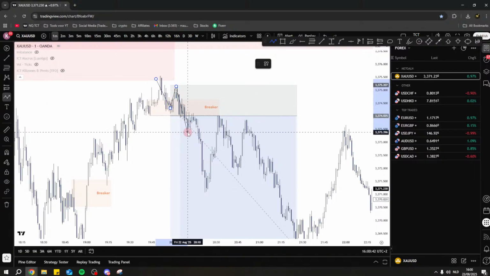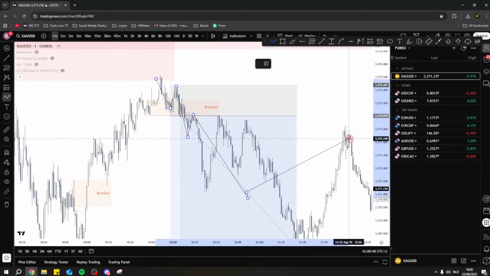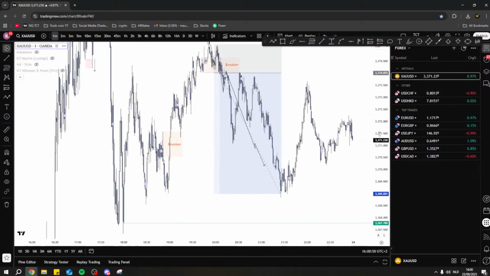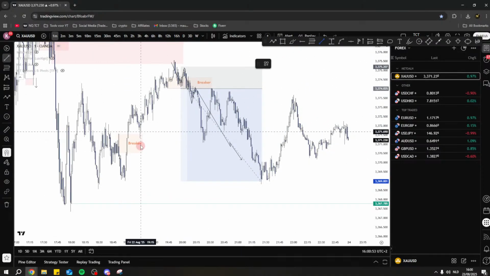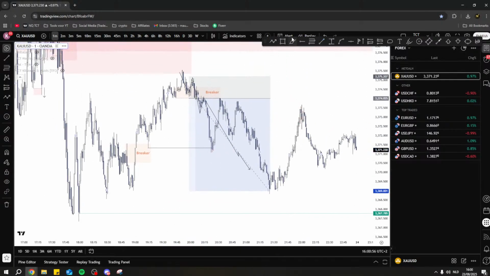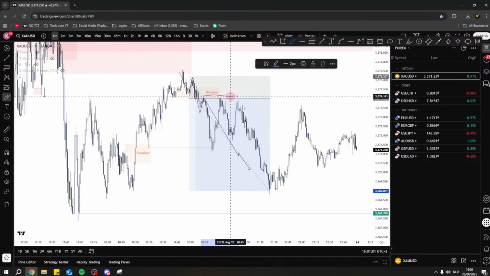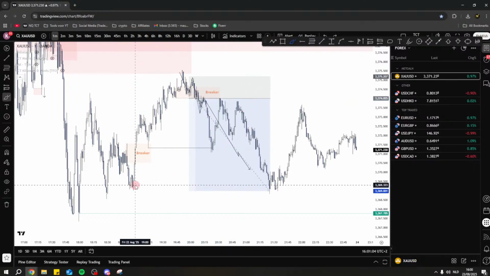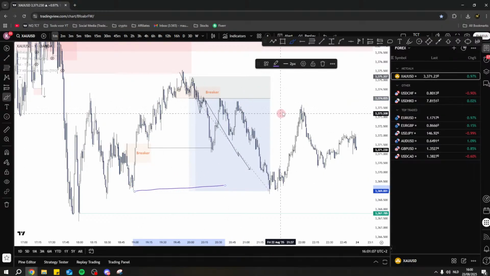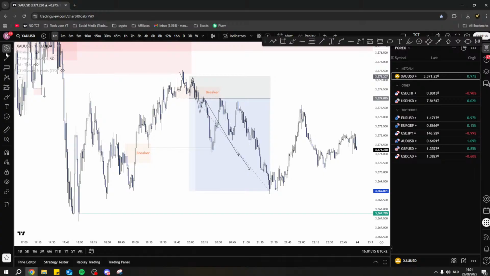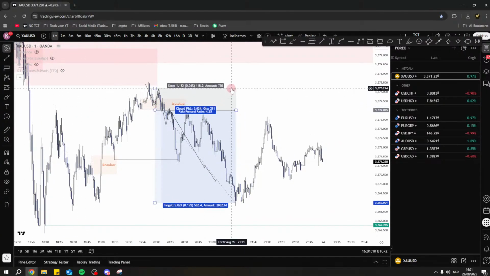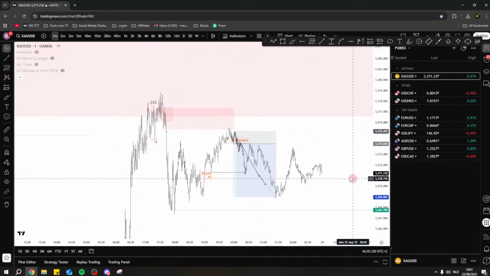We flipped it, so your demand becomes a breaker block. We've tested that back perfectly, and then we ran towards our draw on liquidity, which was this in the first place. You're going to take profit when price comes here, stop loss above your market structure high. You would not have gotten stopped out, and then your second TP would have been hit here. And now you would have been stopped out, unfortunately, here. But that was really great on gold. Beautiful PA. Beautiful market structure.